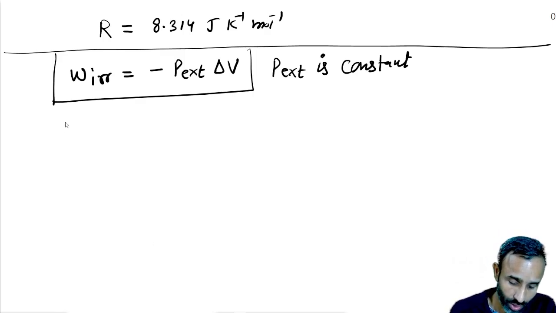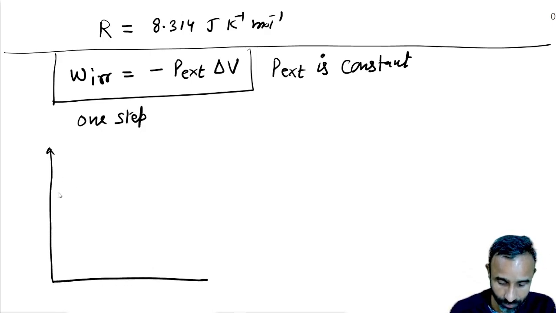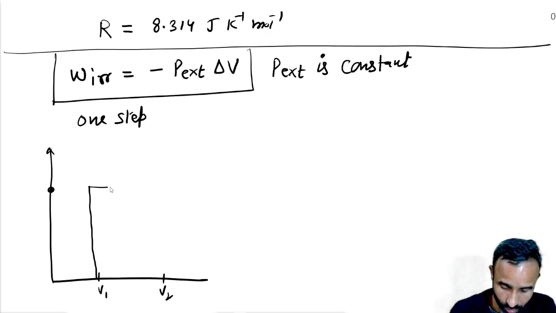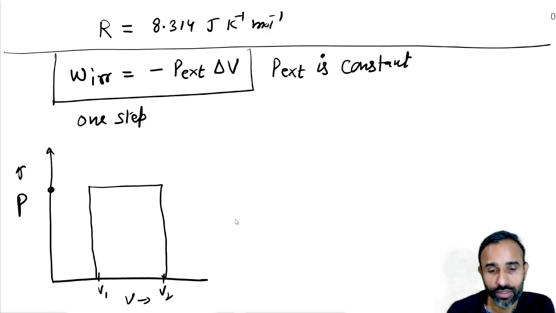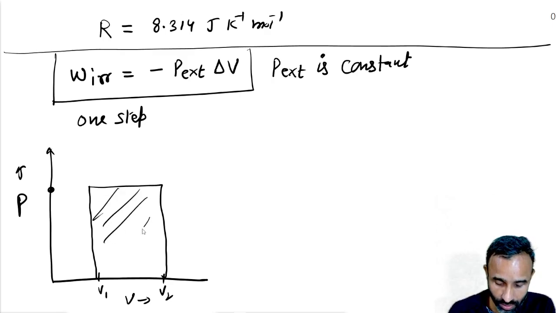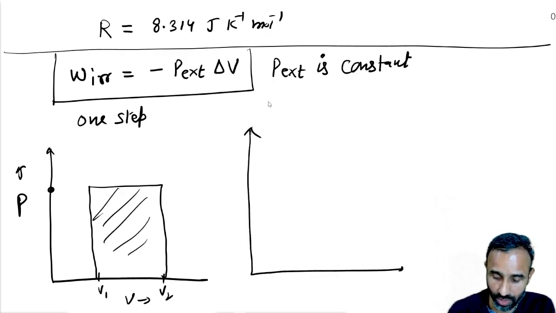Now, irreversible work done takes place in one step, because it is like this. This is pressure, volume goes from V1 to V2. So this area under the curve, if we plot pressure versus volume, the area under the curve represents work done, right? But if we have a reversible process,